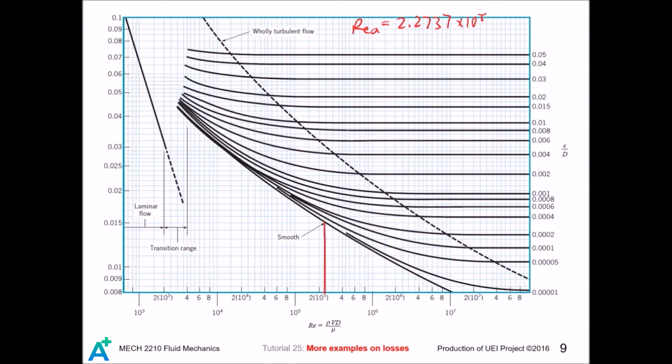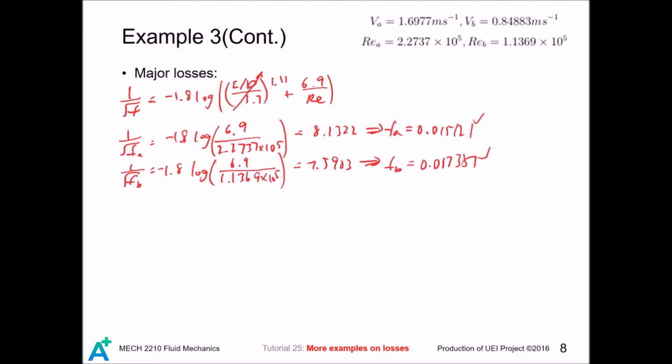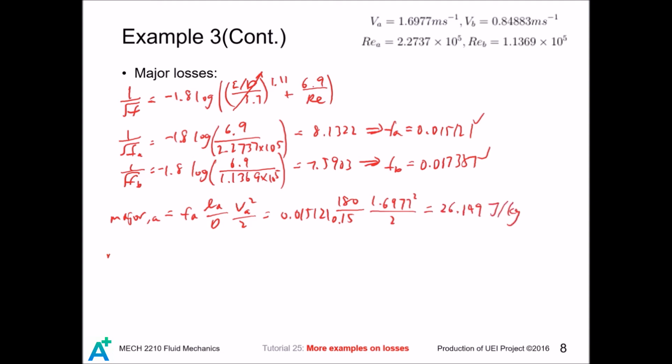For pipe A, from the graph, that is quite near to our result obtained from the formula. And for pipe B, that is around here, and that is also quite near to our result. Both values check, and we compute the major losses for both pipes. And for pipe B,